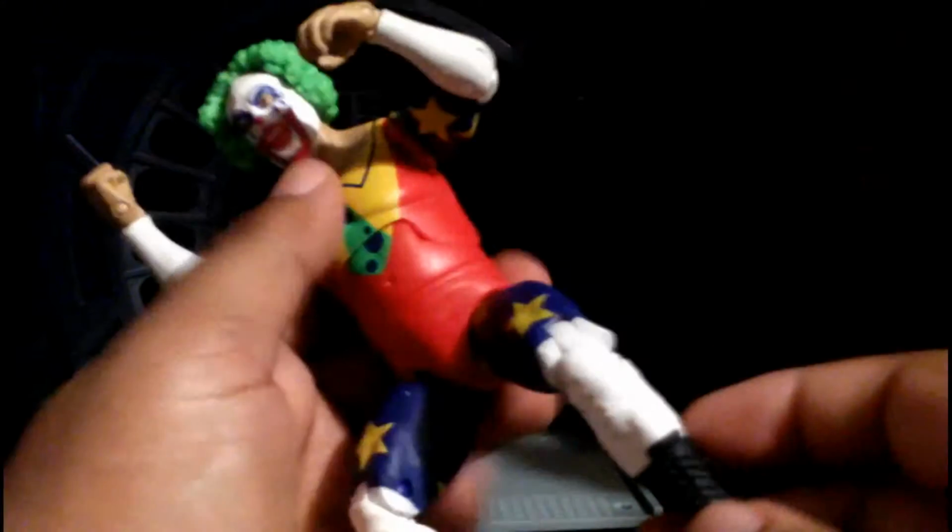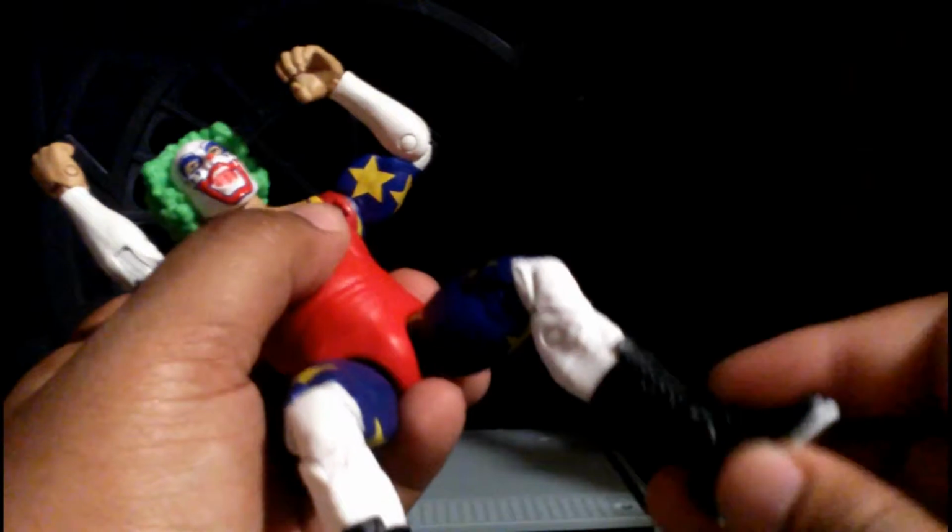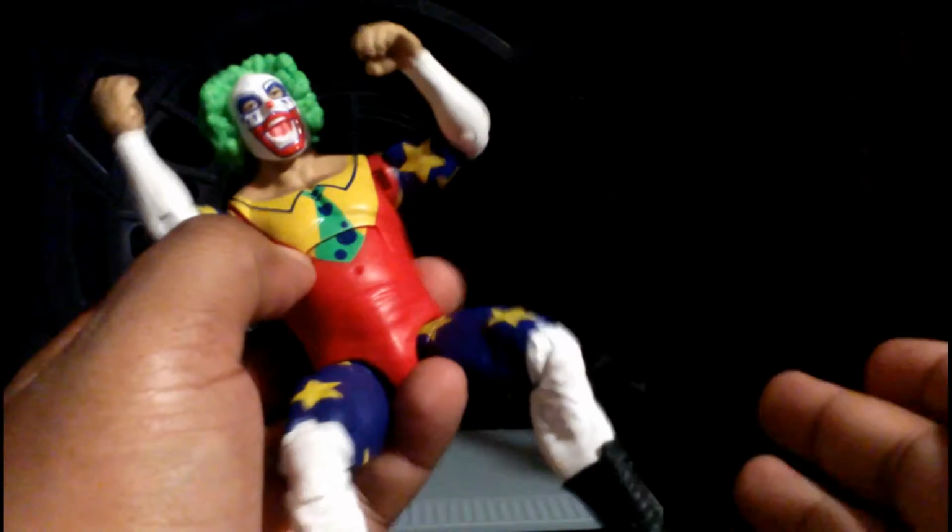Get it. It's not in stores anymore as of July. I've not seen them in stores for like a month now, so you may have lucked out. 2015 is when they came, and I just don't see them in stores anymore. So hopefully you guys got a hand in there and gotten some. I actually got two because I was planning on doing the